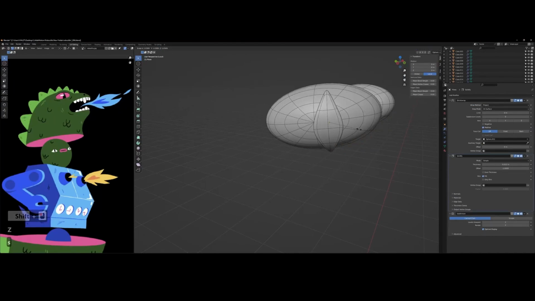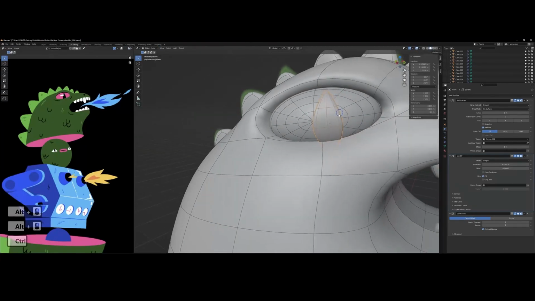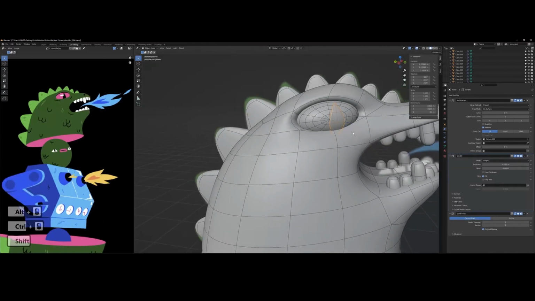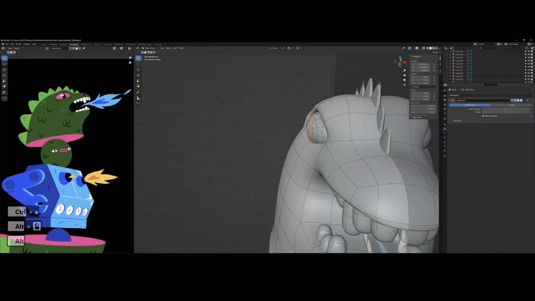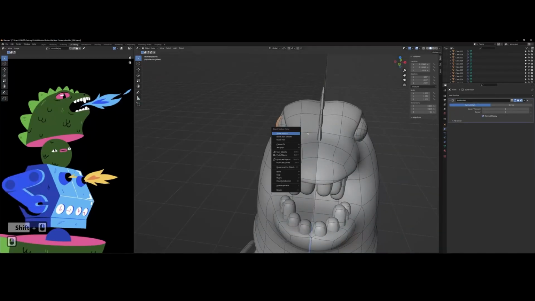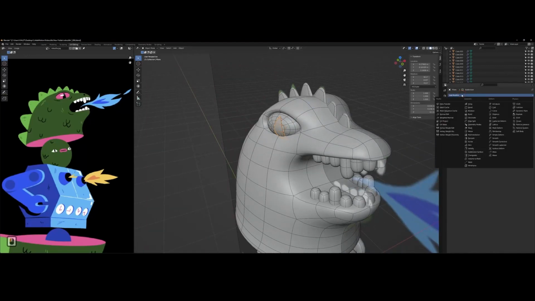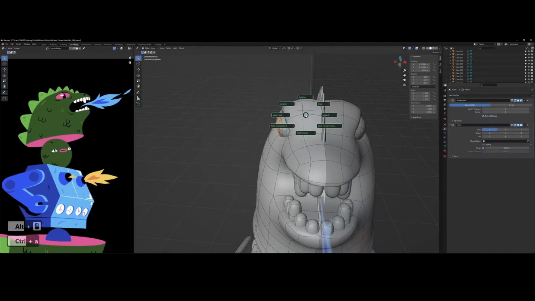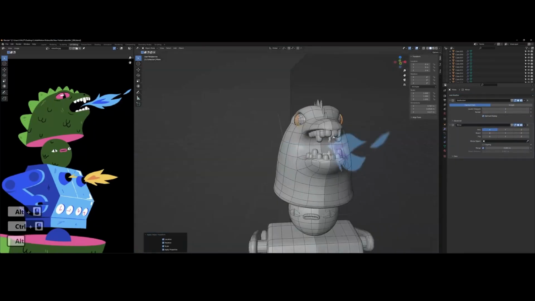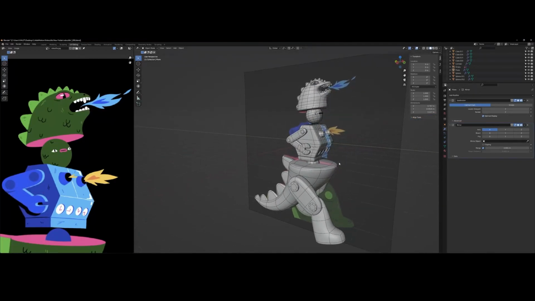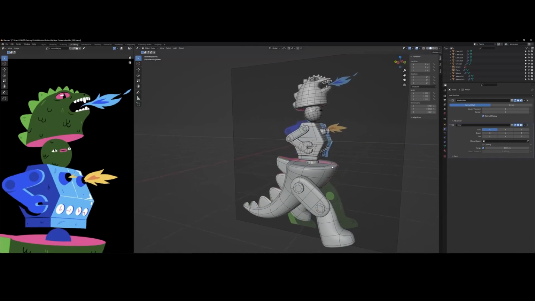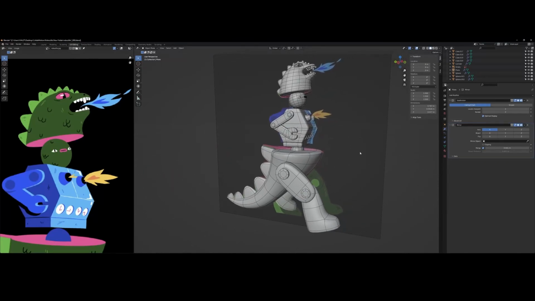Select this one and scale it. I will apply the shade and then solidify. Next, I'm going to mirror and apply all. Now we're going to do the scales. So let's press Shift A,